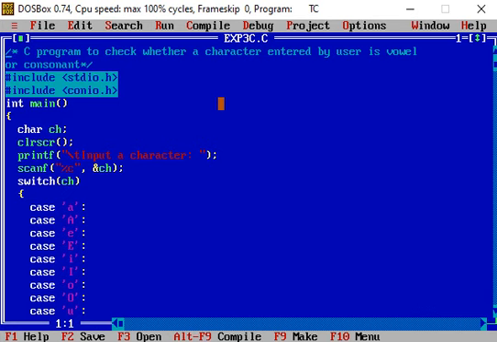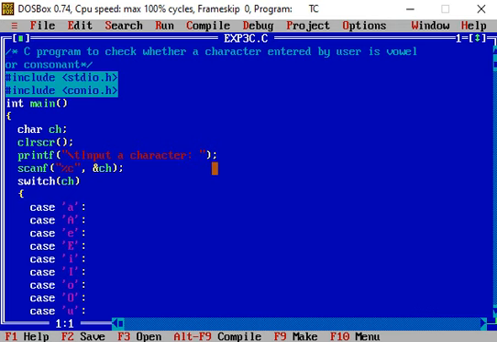Within the open and close braces of the main function, first we see the first statement is char ch semicolon. This declares ch as a character type variable. Then the clear screen statement clears anything previously written on the output screen. Then the printf statement: input a character colon.